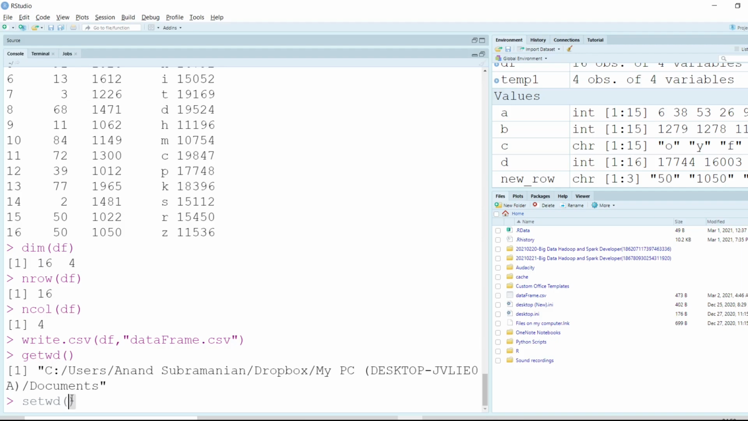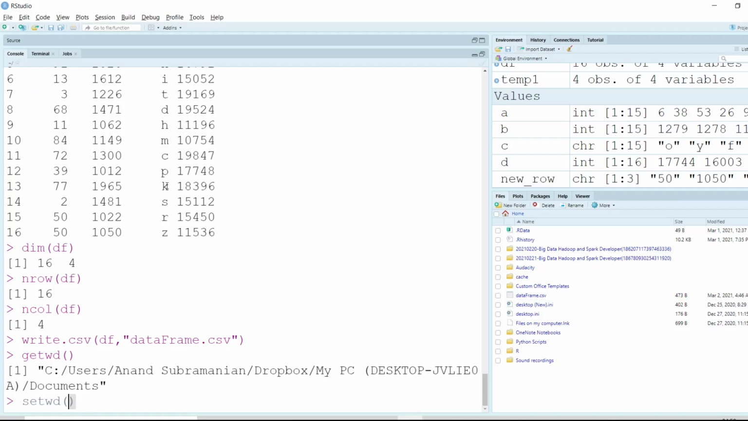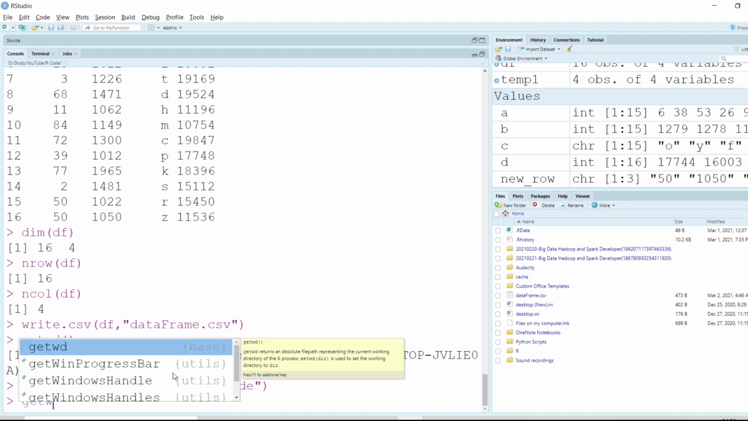I can either type it manually or go to that particular directory folder and copy that folder from here and just paste it inside the quotes, double quote or single quote. And the only change that I will have to do is either I have to do a double backslash here everywhere, or I can use a single forward slash. So I have to change the backslash to a forward slash. And once I do this and I click on the enter button, now if I look at my current working directory,